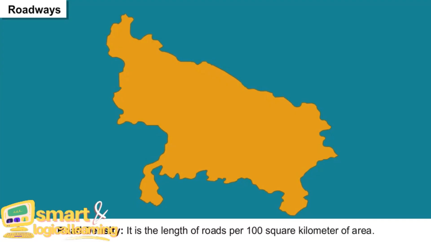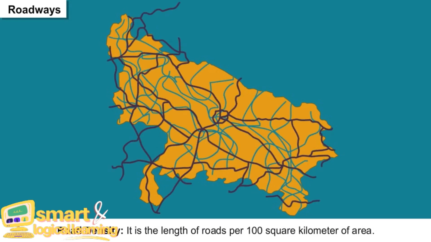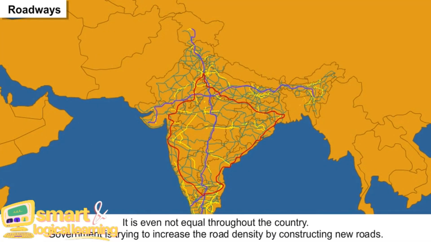Road density. It is the length of roads per 100 square kilometers of area. It is not equal throughout the country. Government is trying to increase the road density by constructing